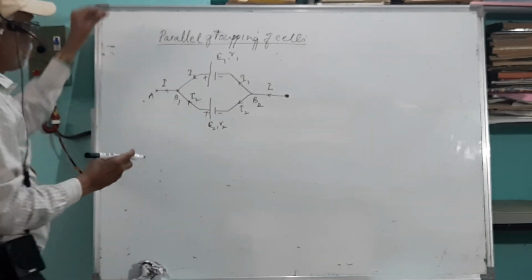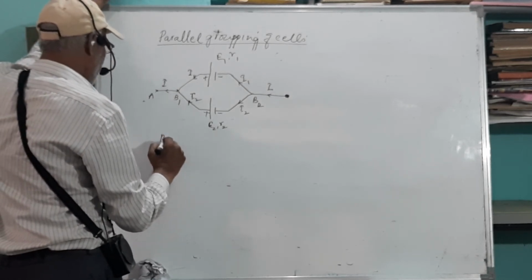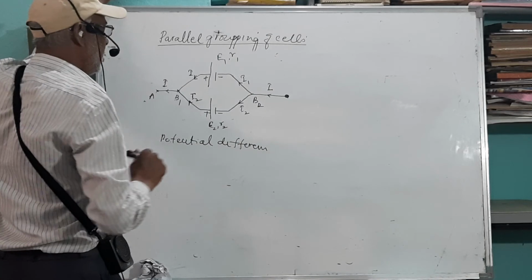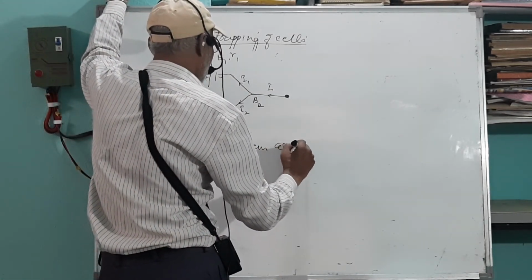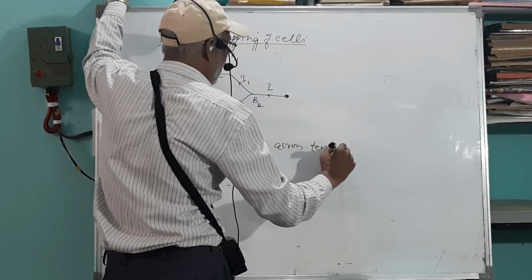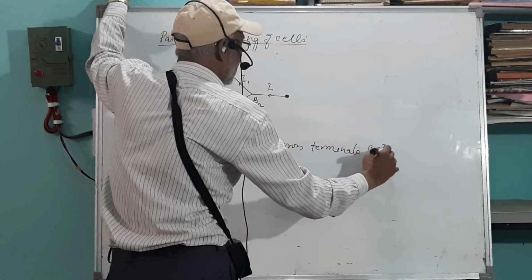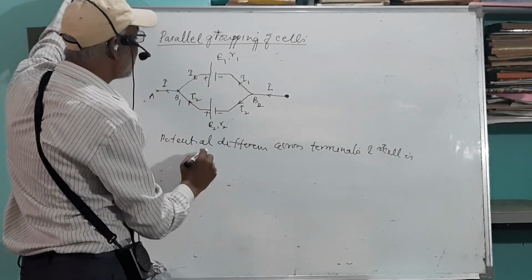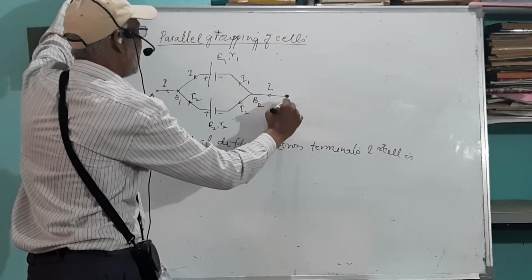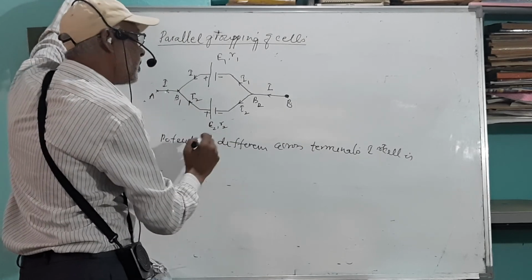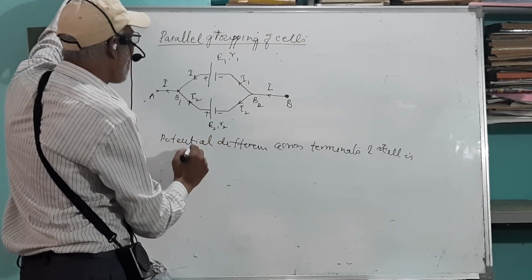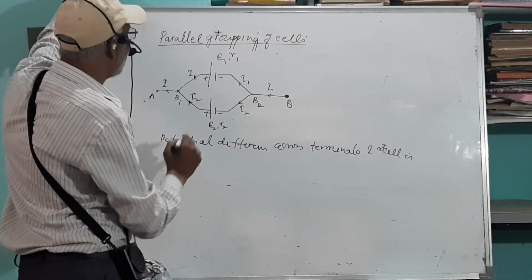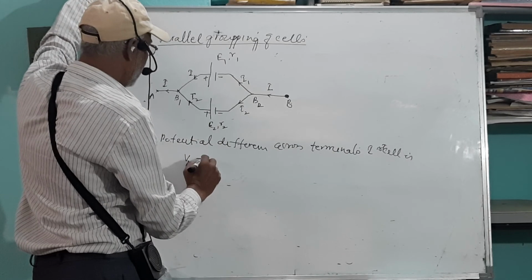Step 1: potential difference, PD, across the terminals of the first cell is, as you know, that is the potential difference between, is equal to,